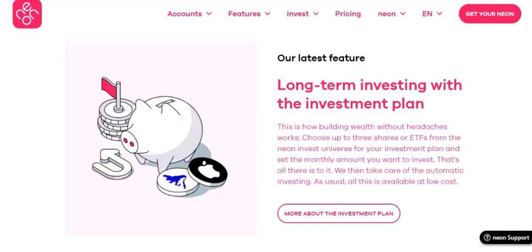Adding neon to your Apple Wallet is a fun and creative way to elevate your digital experience. By following these steps and incorporating neon design elements, you can create stunning passes that will impress your friends and